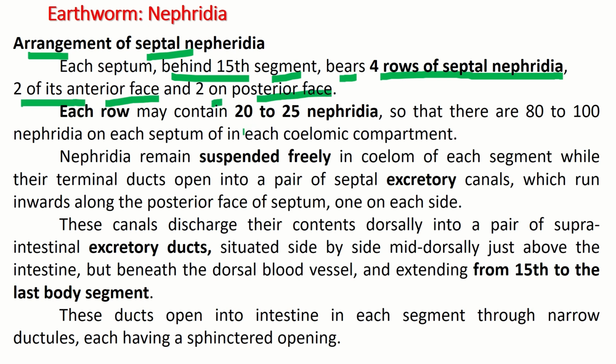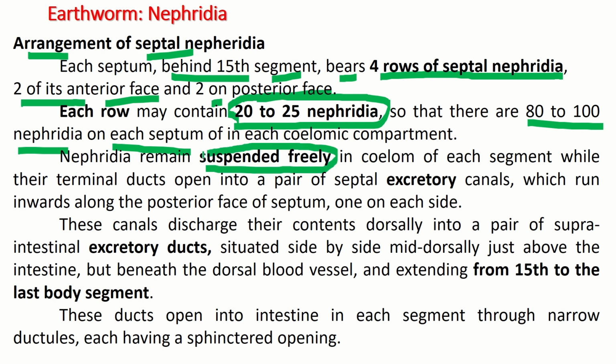Each row may contain 20 to 25 nephridia, so there are 80 to 100 nephridia on each septum in each coelomic compartment. Nephridia remain suspended freely in the coelom of each segment, while their terminal ducts